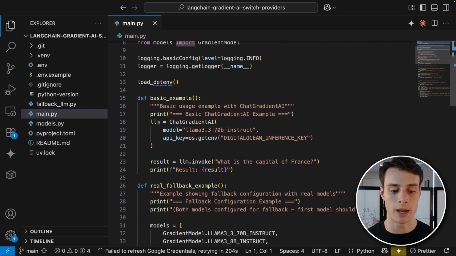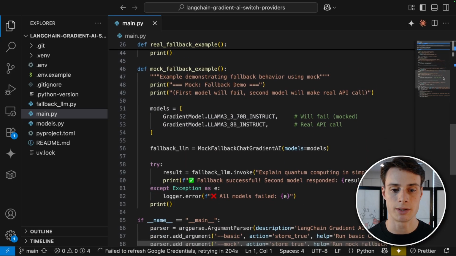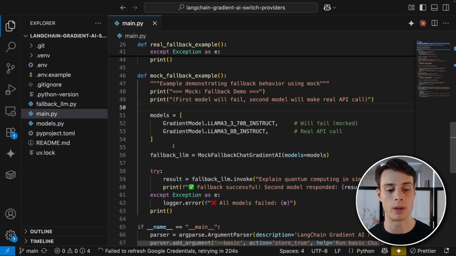So if I open up the main code here, I can see there's this mock fallback example. So we have two models defined here. We have a 70 billion parameter Llama 3 model, and then we have an 8 billion parameter Llama 3 model for fallback. So we're asking them to explain quantum computing in simple terms. And in this mock example, the first model will fail, and then it will fall back to the 8 billion